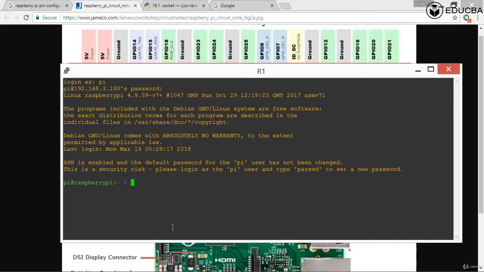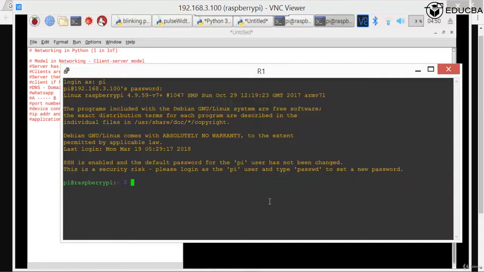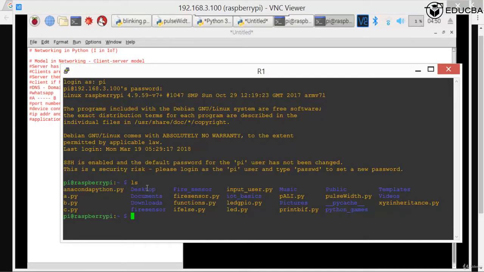If you remember, in the Raspberry Pi there is a terminal. In this terminal, there is something called Pi at Raspberry Pi. The same thing you can see when you have logged in using SSH. If I say list files, ls, it will list all the files which are there on your Pi.